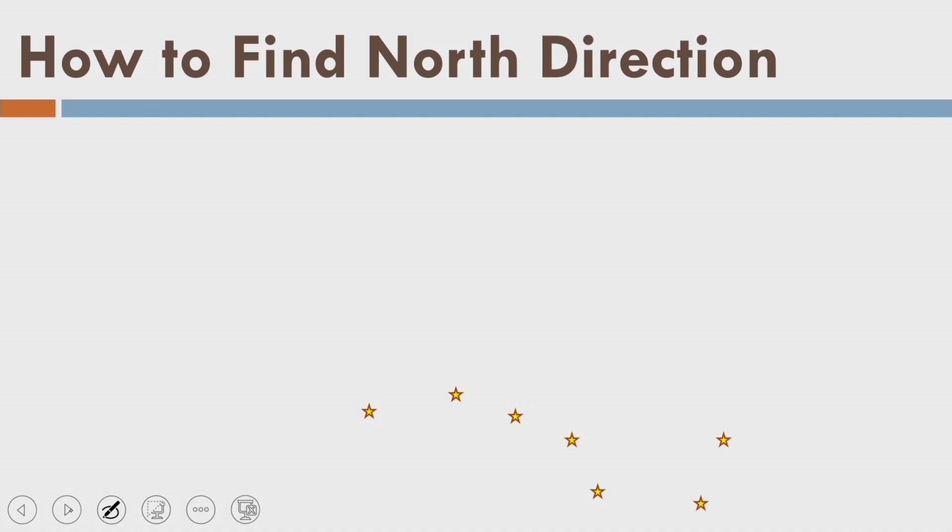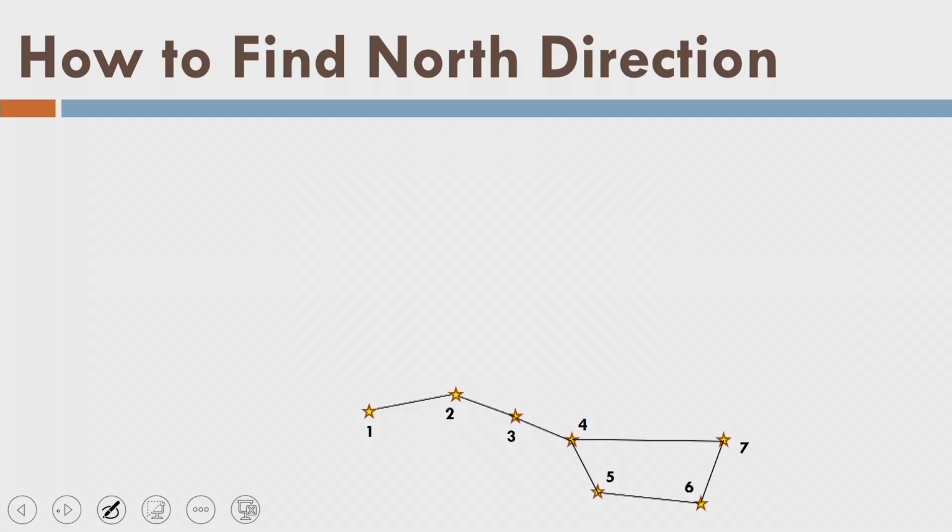Here you will find some set of stars which are called Saptarishi Mandal, and there are 7 stars. In the Indian system, these stars are given the names of some saints like Vasishtha or some other names, I don't remember exactly. But if I connect these stars by lines, it will create a spoon shape.